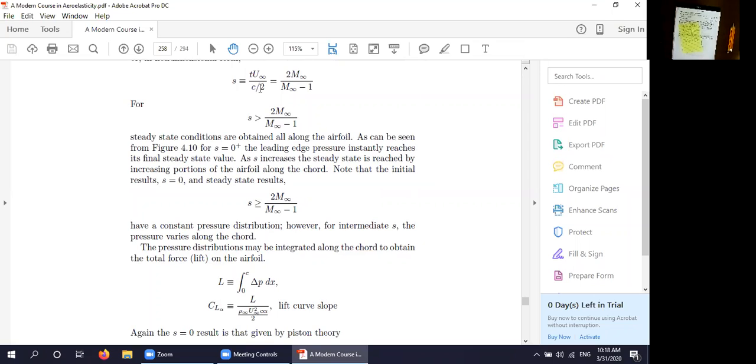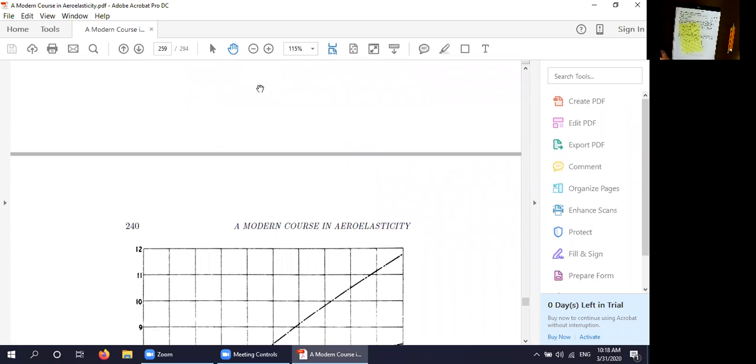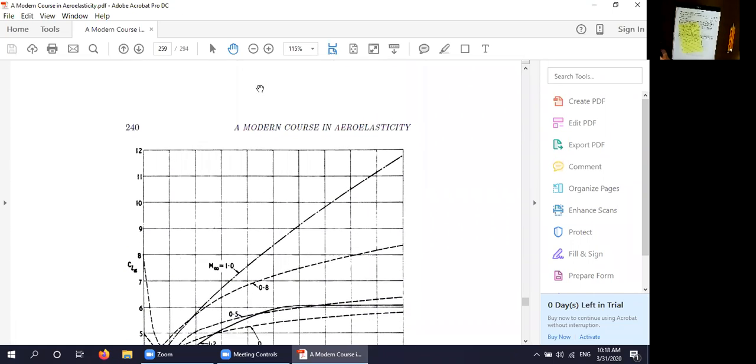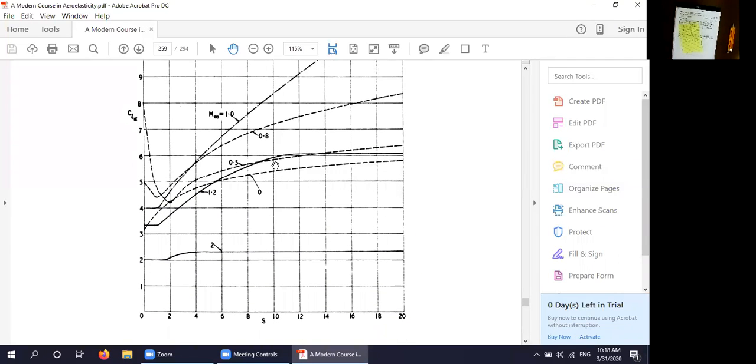So you need to take that into account when you compare your results to theirs. But with that little difference in non-dimensionalization, here's what the lift coefficient looks like as a function of time,